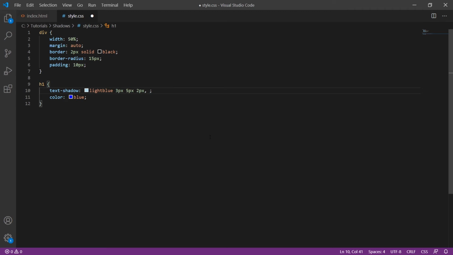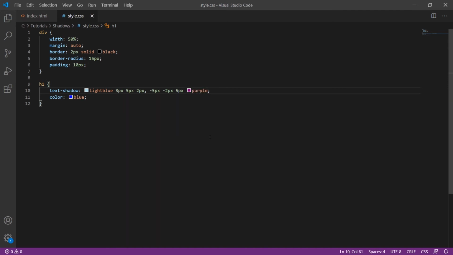This second shadow can, for example, be located a bit higher and to the left of the actual text. So let's first specify -5 pixels and -2 pixels for the offset, in order to move the shadow from the original text 5 pixels to the left and 2 pixels up. In addition, it gets a relatively high degree of blurring, for example 5 pixels, and we specify purple for the